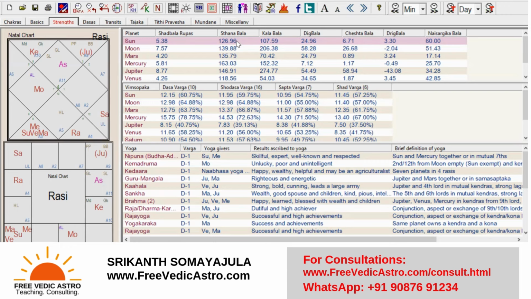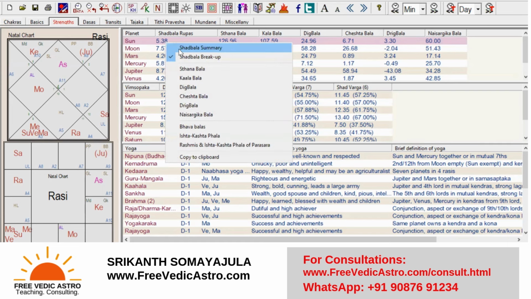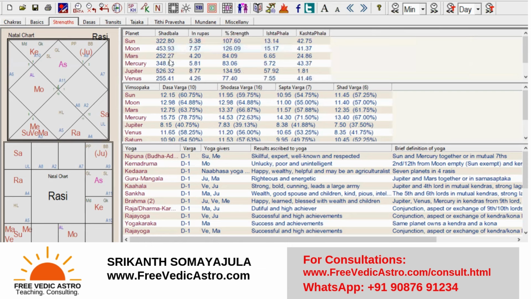You need to know what is the Sthana Bala, what is the Kala Bala, what is the Dig Bala, what is the Cheshta Bala, Drik Bala, Naisargika Bala. These are separately useful. Okay. Do not add up all this. Anyway, we will add up all this and try to see what is the total Shadbala. This is how people will look at it. But by looking at this, you will be misguided, because sometimes you need Cheshta bala at a place. There you don't have the Cheshta bala of it, but the number of the Shadbala can be very high. So you'll be misguided. So don't go by just the numbers. Have the logic in place.